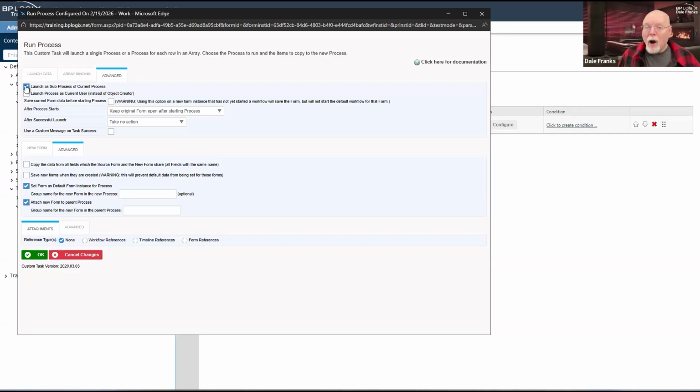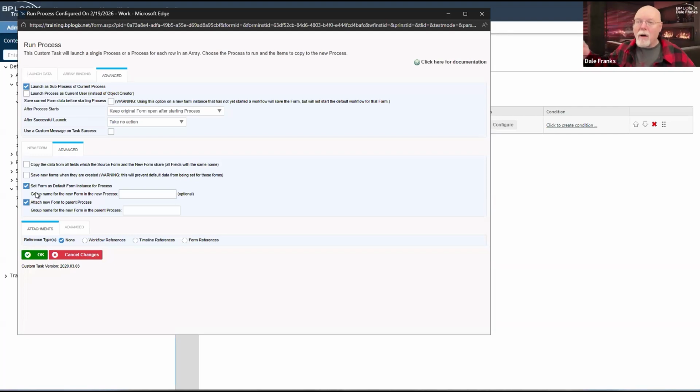But not all child processes are sub-processes. So when I refer to a child process, I might be referring to a sub-process, but I might also be referring simply to a process that was invoked by some parent process.